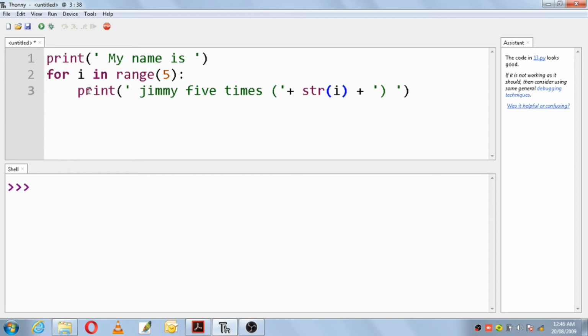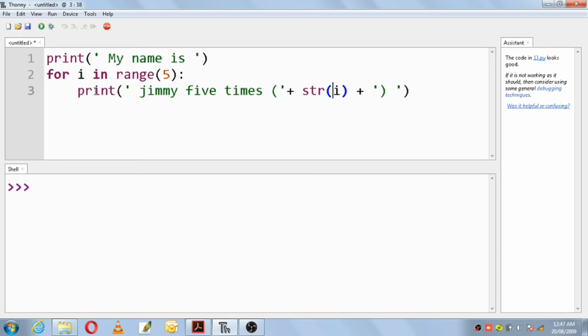Next, again it will check, I value will become 1, 1 is less than 5, so Jimmy 5 times of 1. Again, second time it will print. Third time its I value will be 2, 2 is less than 5 in the range of 5, so Jimmy 5 times of 2. So this will go on till you reach 4. As 4 is less than 5, it will print Jimmy 5 times of 4. But once it reaches 5, it will not take 5. It will take less than 5.